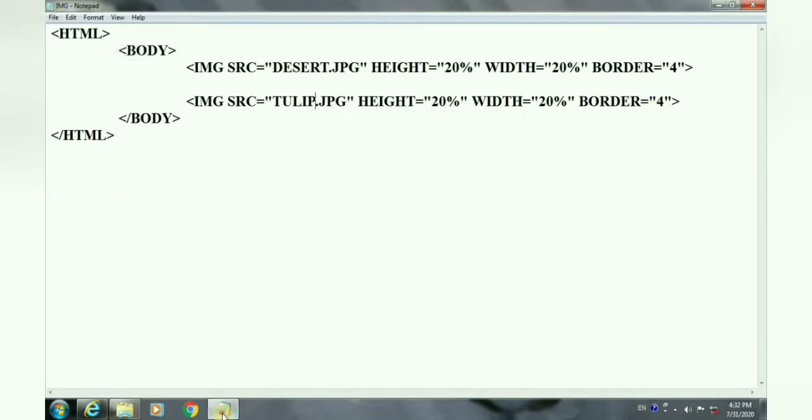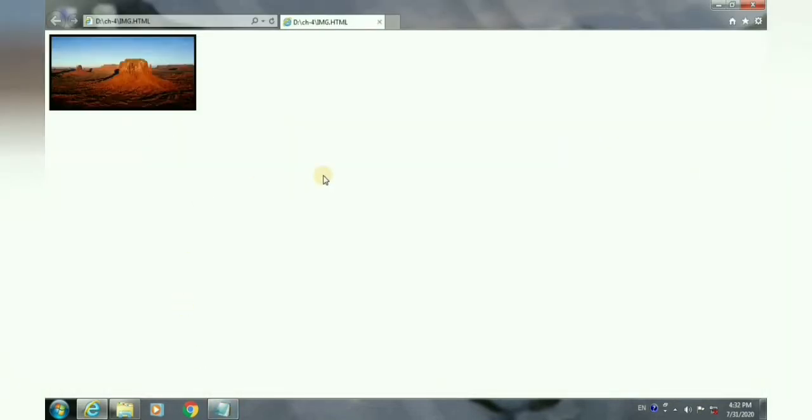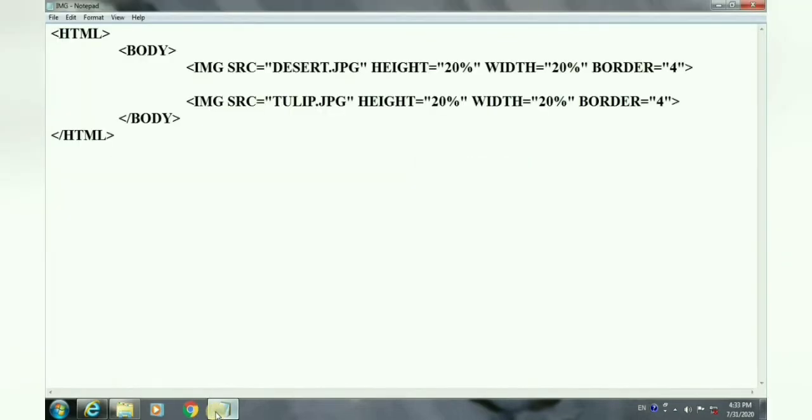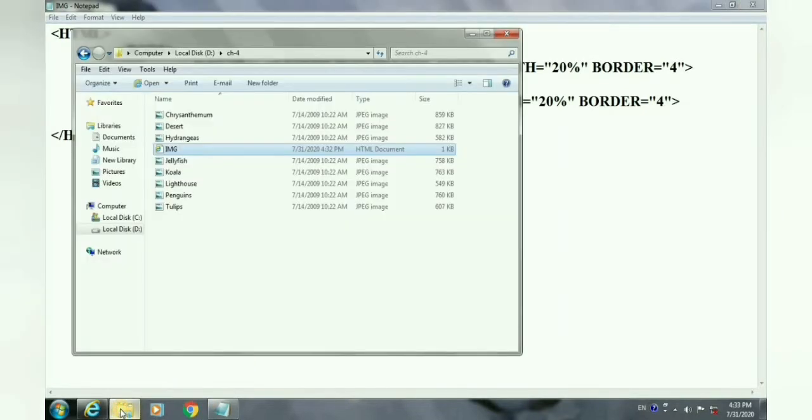and open the browser window and press the F5 key to open the file. Have you seen that? The image did not come. Why? To check that, you just go there and check the tulip spelling. See, there was a spelling mistake. So remember, students, if you write the wrong image name, then the image will not be visible there. Now you just check the spelling properly. TULIPS is there and S was not written.